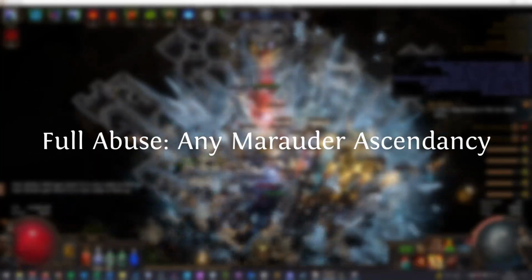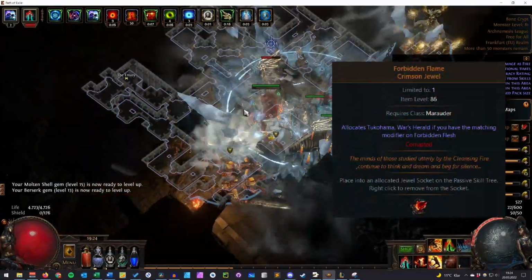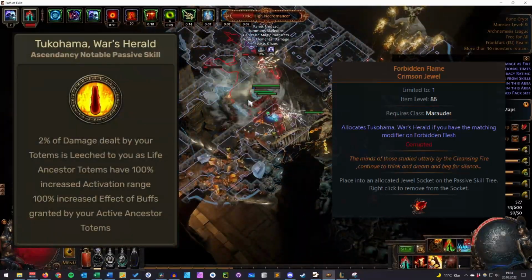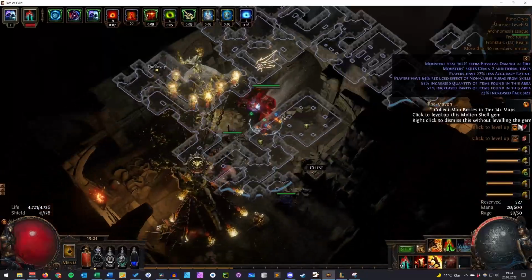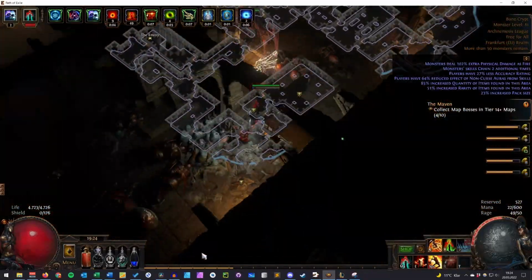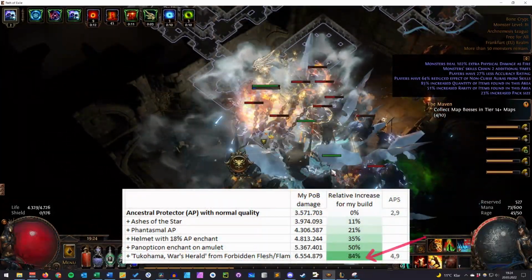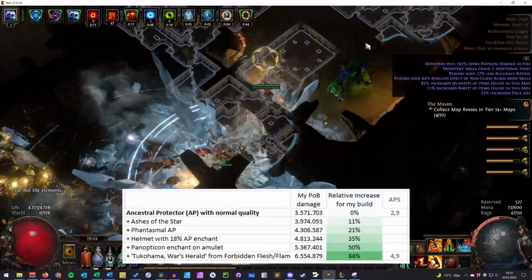If you are playing any Marauder Ascendancy, that is Juggernaut, Berserker or Chieftain, you can get even more attack speed by implementing the Forbidden Flame and Flash Jewels for the Tukohama War's Herald Ascendancy passive from Chieftain. Very few builds actually use this node, but in our case it adds another 100% buff effect to the Protector Totem, which translates into 84% more damage for my Ice Crash Juggernaut build and is similar to adding 3 additional